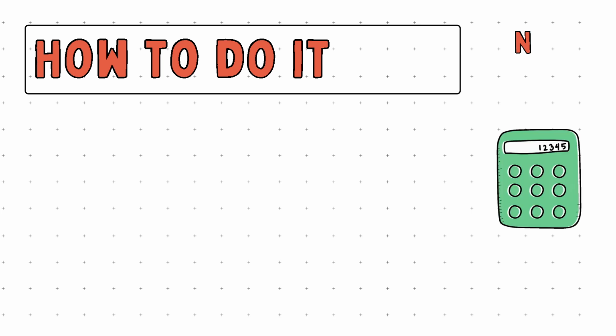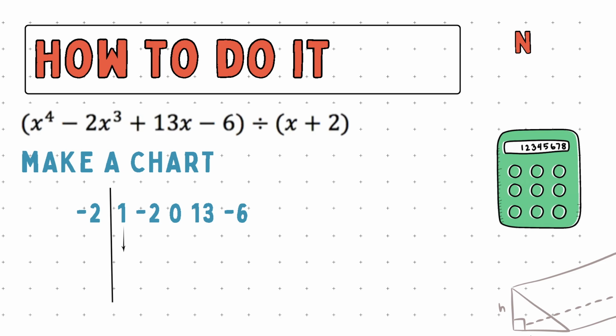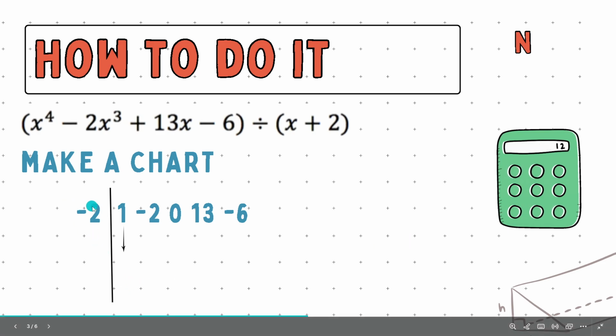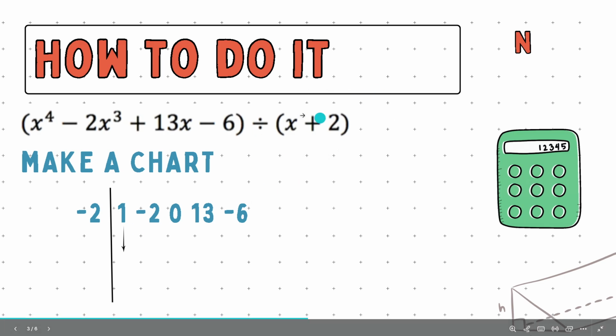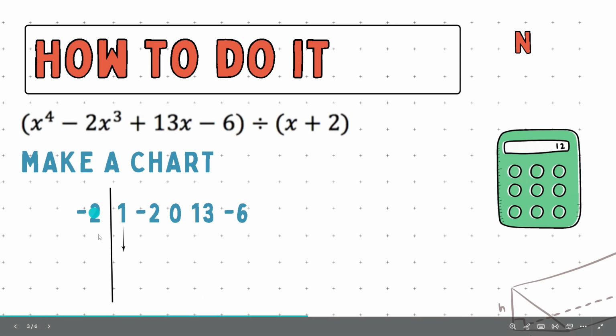So how do you do it? So here we are given an equation. What we want to do first is make a chart of the values we're given. On the left side of this chart, we have -2. I got this number by solving for x of the divisor. And on the right side, these values were